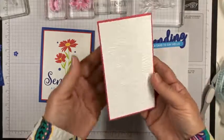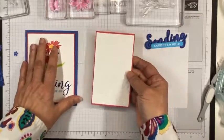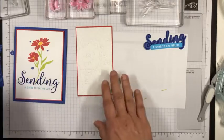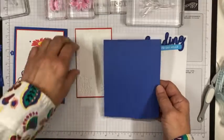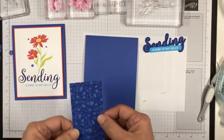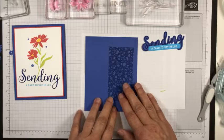So I've adhered the panel to a basic white, adhered the embossed panel to a Sweet Sorbet mat. And then I've got, again, the Orchid Oasis card base, just like the card that I did this morning, the simple card. And what I've done is I've cut a panel of the